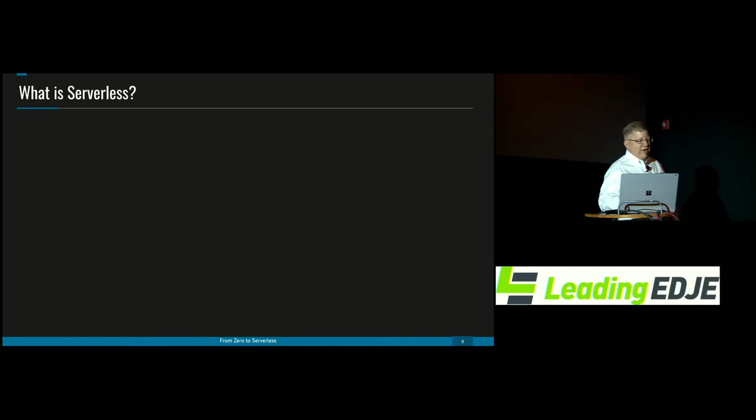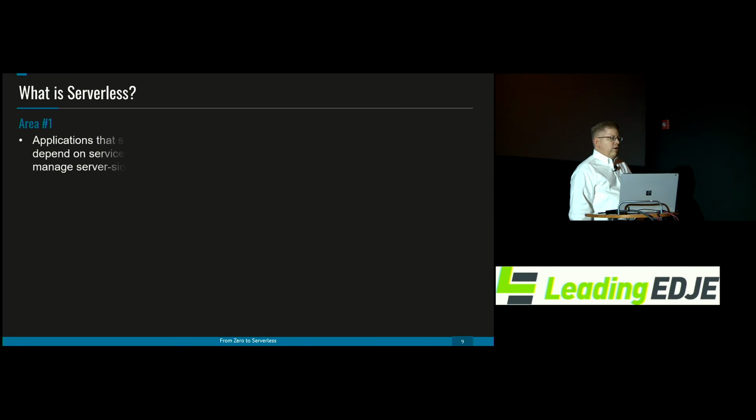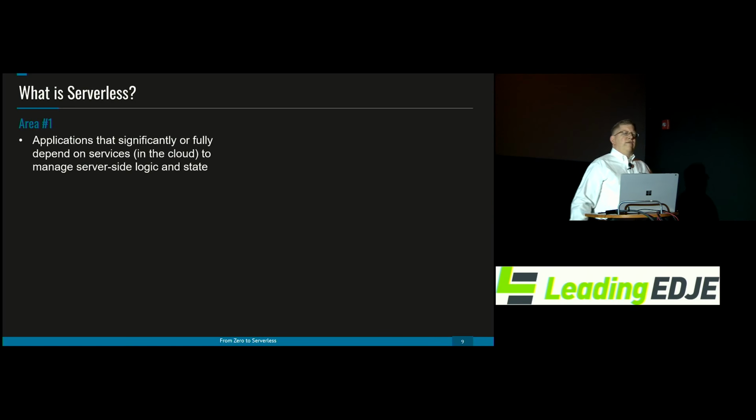So if we want to look at a definition, looking at the definition of serverless is a little bit difficult, partially because the term has kind of been used for multiple different things. If we really look at the first area, this is what a lot of the general public thinks of as the cloud, right? Those services out there that will provide really your back end. And that's why these are really more a back end as a service. Think of like your Azure cloud or your,